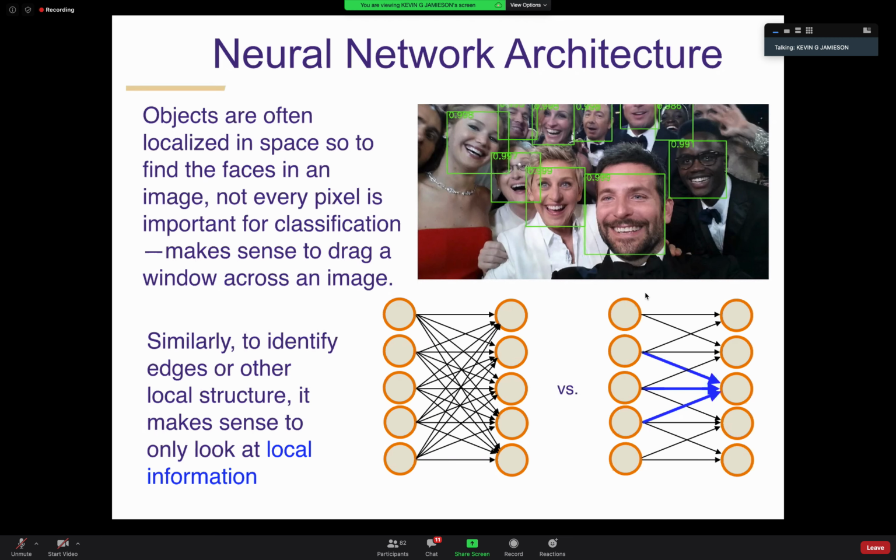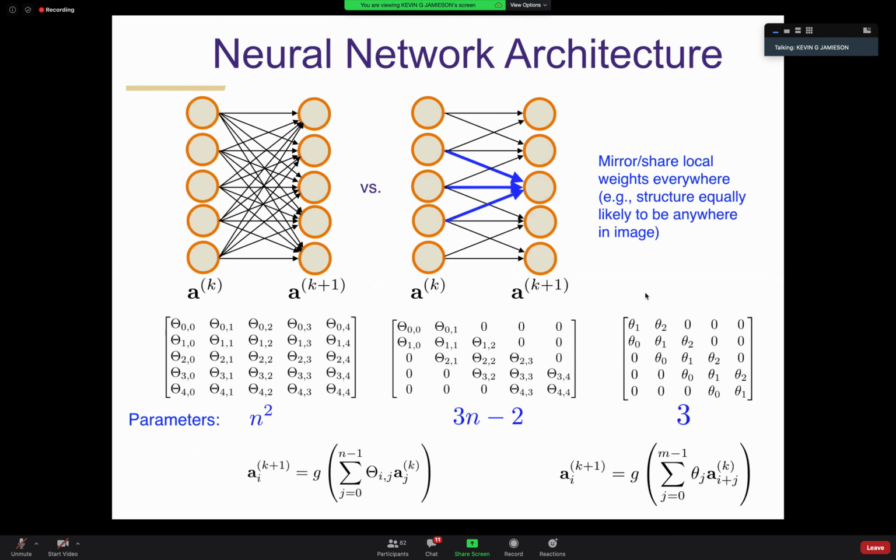There's no reason you should have a different predictor for different locations in the image. The predictor itself of "is Ellen in this box" should be a contained element, in that you're just changing the location of where that box is going. And that is encoded by weight sharing, basically mirroring the weights in the different locations. So you still have this structure in the middle here, where you're only getting localized information, but now you're saying, wherever I move this box around, that is encoded by the fact that